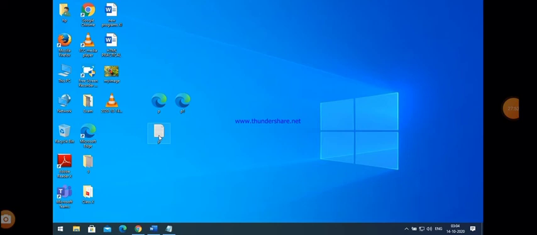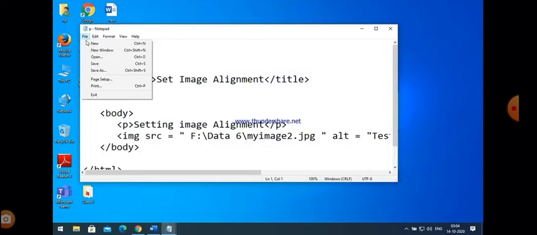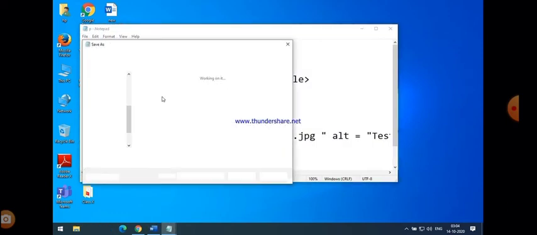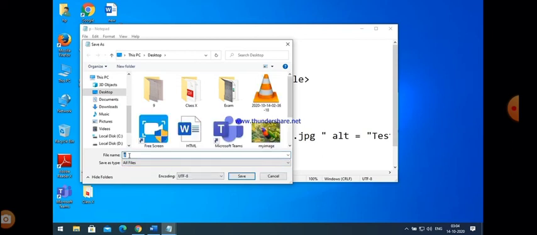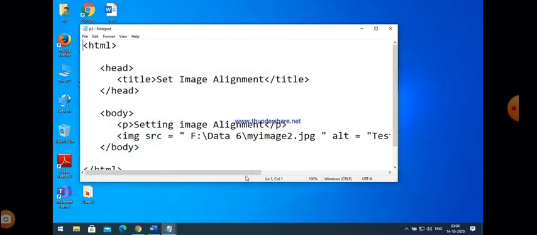Now just execute this program. That is our main program here. Source code is here. Save the file. I just give the file name p3.html.